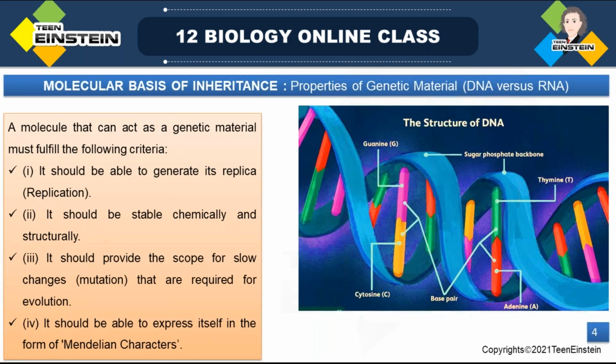Then here are the properties of the genetic material. To qualify as a genetic material, there are some important properties. That particular material should fulfill some characters or properties to function as a genetic material. So let's see each and every point. The first point: a molecule that can act as a genetic material should fulfill some criteria. What are they? The first point is it should be able to